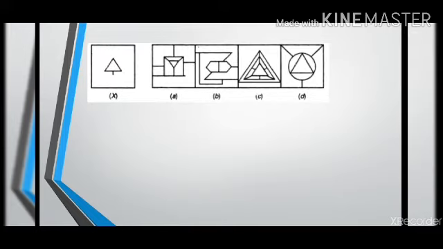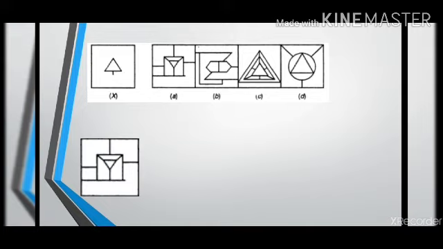Now in this next option, I have a triangle with a small line attached to it. The first thing I look for in the option figures is a triangle. Now let's see if option A has a triangle. Option A does have a triangle, but it is inverted. I don't want the triangle pointed downwards. I want a triangle that is pointed in an upward direction. Therefore option A is eliminated.